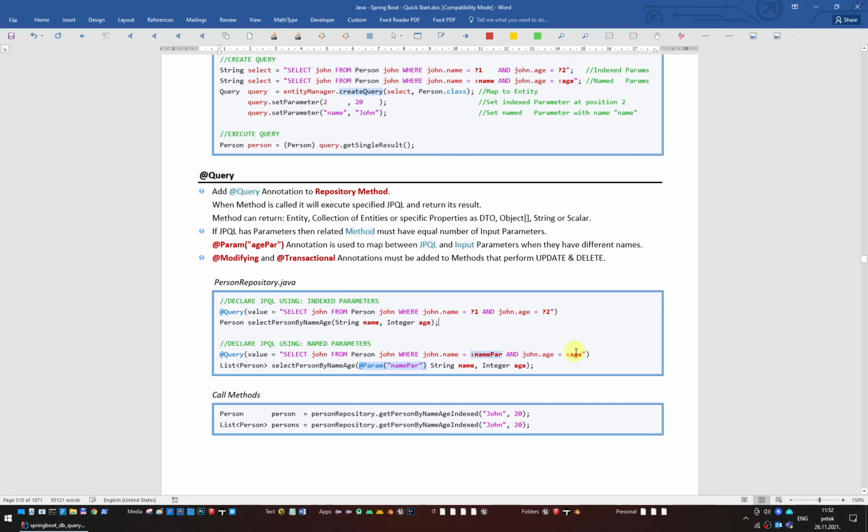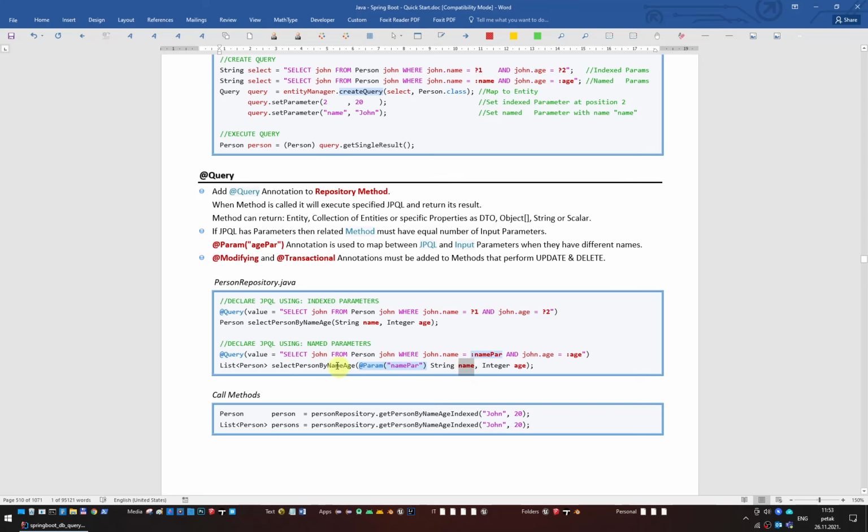Now, if the name of the JPQL query parameter is exactly the same as the name of the input parameter into this method, then this will be used as the mapping. But if the name of the JPQL parameter is different than the name of the input parameter, then we can use the Param annotation to do the mapping in order to say that the JPQL parameter name par should be mapped to